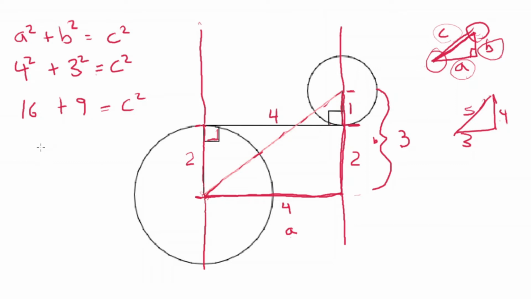And then we will say 25. Oh, I forgot to ask. Alexa, what is 16 plus 9? 16 plus 9 is 25. Yeah, it's 25. Good job, Ted. Then that's c squared, so let's take the square root of both sides so we can get down to our c. Square root of 25 equals c, and therefore 5 equals c, and that is our final answer,